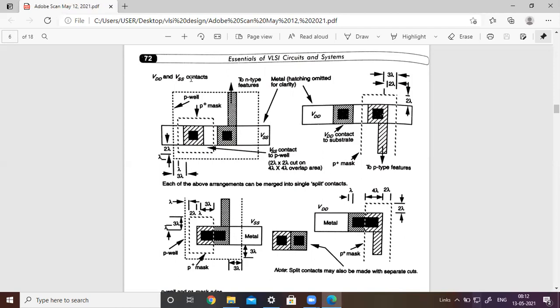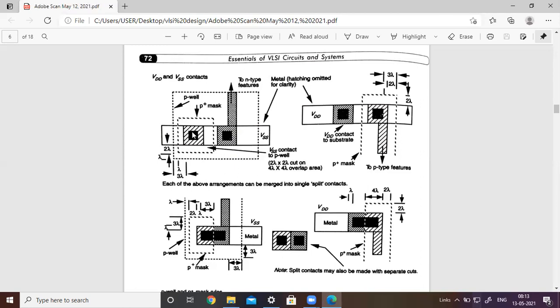Okay, but we are having some rules in this case also. So just observe here, assume that this is the P well. Okay, so P well connections, inside we are having the different transistors you can form here. But remember, how to connect the VSS line and VDD lines in this case. Whenever you go for the VSS line, okay, this is the actual connection. That is the metal 2 layer or metal 1 layer with the diffusion layer. This is the ordinary contact. Okay, but we require another contact here, depending upon the substrate terminal. Okay, this is also very important for the connection.